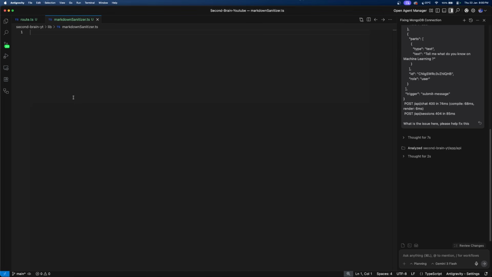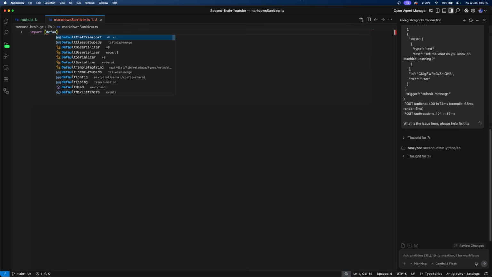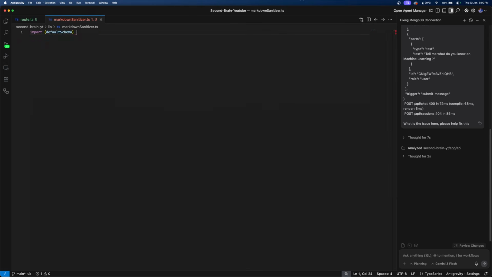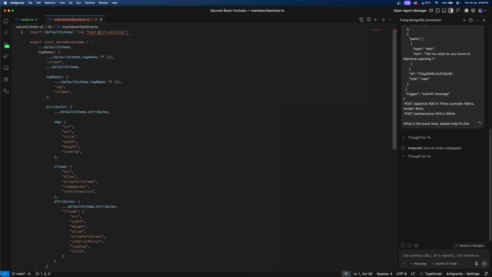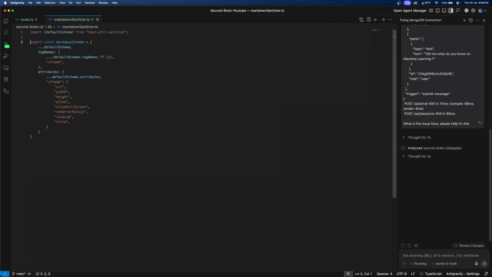Okay, so the first thing here is to create a markdown sanitizer wherein there would be different things that we'll be having in the markdown files. First, specifically for the image now, so we will have to import default schema from hast-util-sanitize. Okay, we'll be taking it from hast-util-sanitize. Okay, so we'll do export const markdownSchema equal to, first would be everything inside default schema,